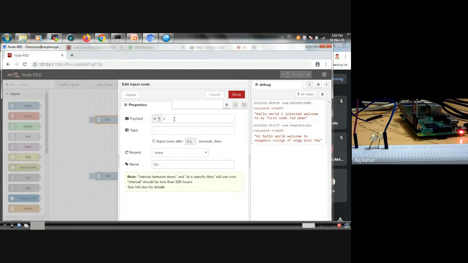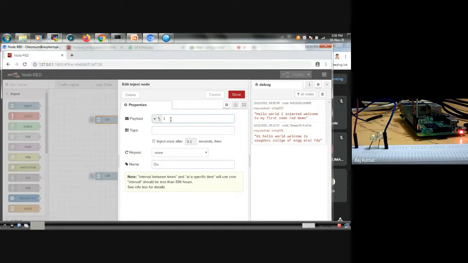So here you can see the values. I have used 1 as the value for on. Whenever that inject button is pressed, 1 will be sent as a payload to the next node.